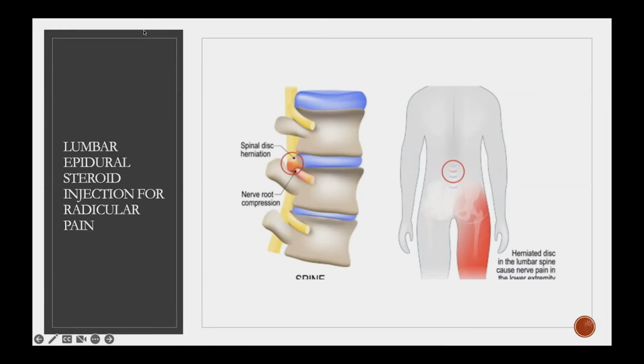But sometimes you'll have a pinched nerve, which is demonstrated in this picture, where the disc in between the vertebrae will actually move backwards, or sometimes even the internal parts of the disc will rupture out and touch upon some of the nerve roots, and you'll get what we call radicular pain. Radicular is basically the Latin way to say nerve related. And you'll get that shooting, tingling, sometimes burning, numbing pain that goes down the leg. For this, we have a very common injection called the lumbar epidural steroid injection.